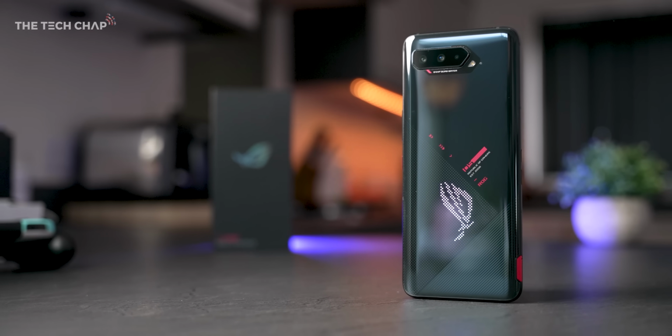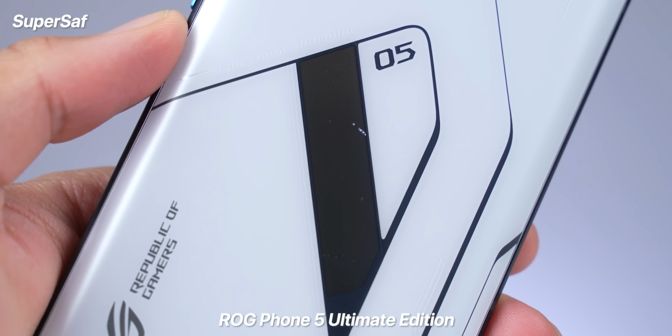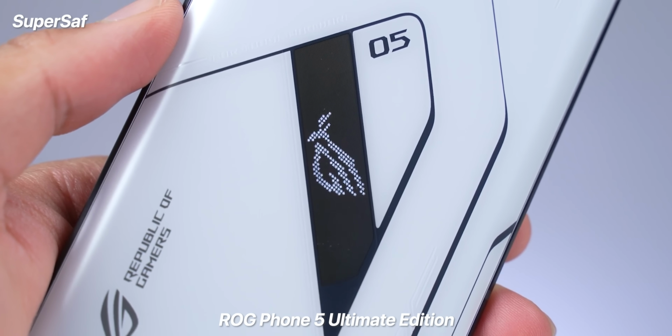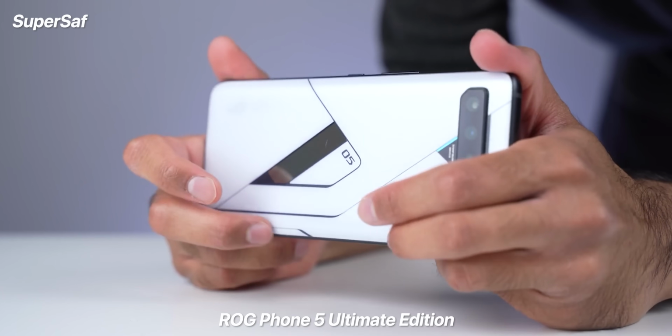And also, something I haven't really touched on because I have the standard ROG Phone 5, but the Pro and the Ultimate editions have this customizable OLED screen on the back instead of the ROG Eye, which looks kind of cool. Downsides for both? Well, they do run pretty hot even with the fans whirring, so it did get a